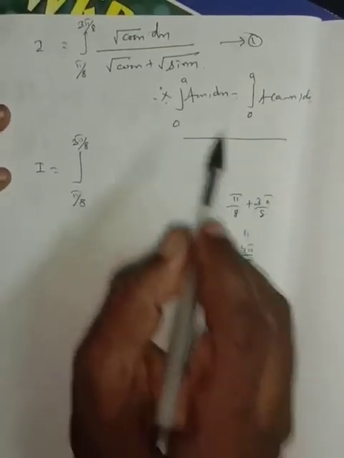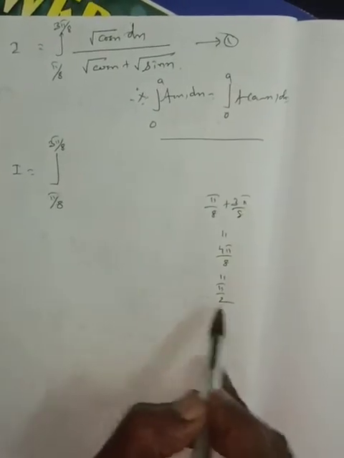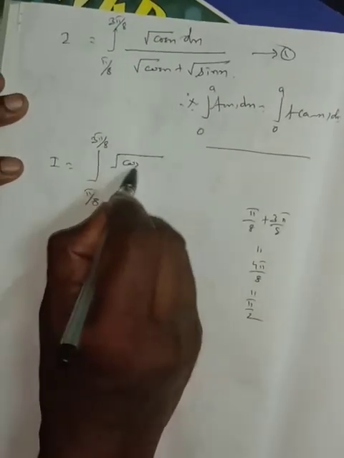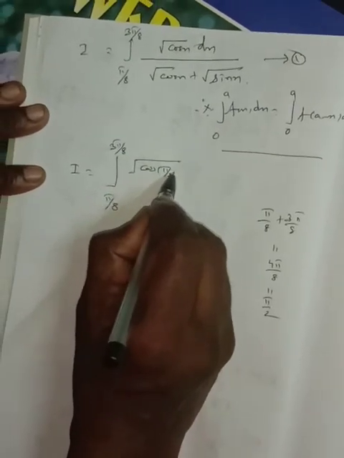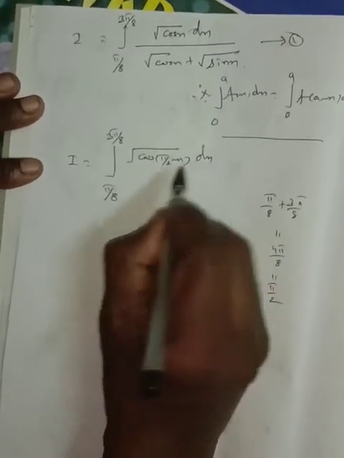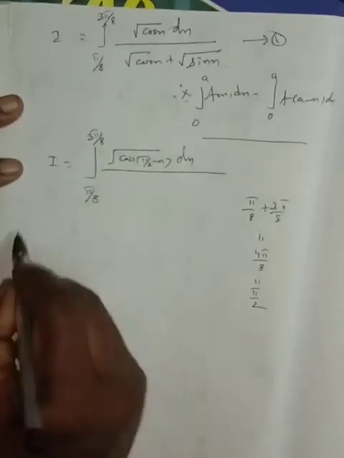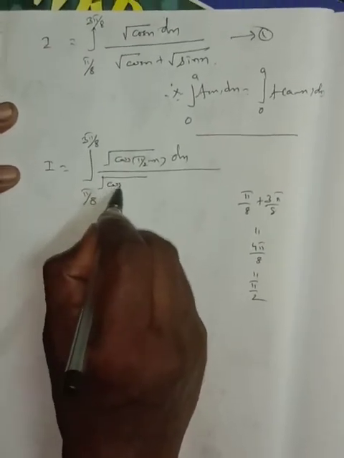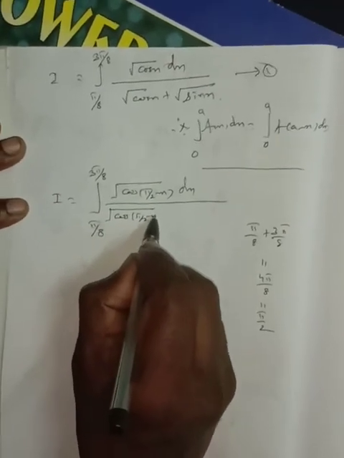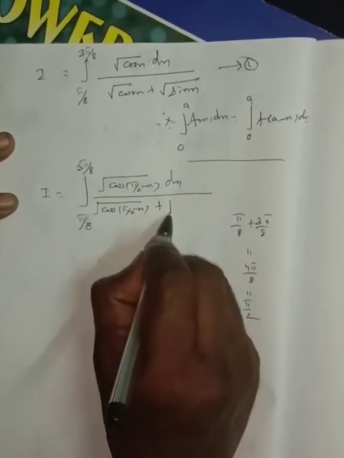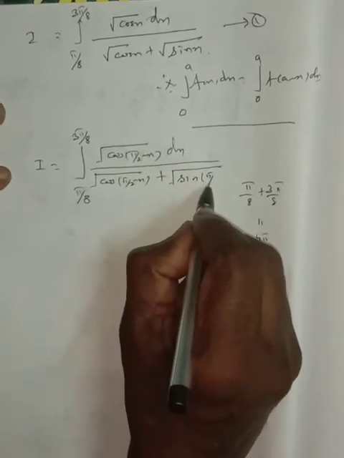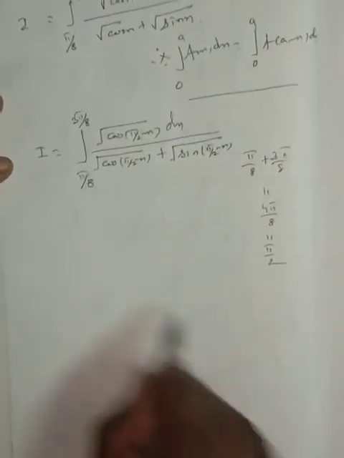So f of a minus x is pi by 2 minus x. In this case, root of cos of pi by 2 minus x into dx divided by root of cos of pi by 2 minus x plus sine of pi by 2 minus x